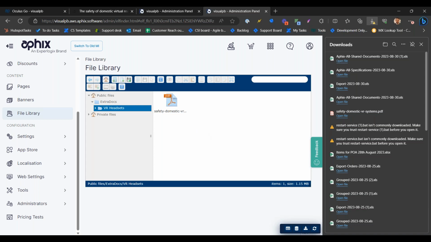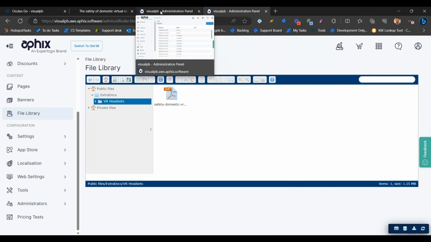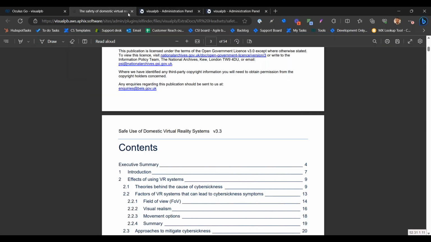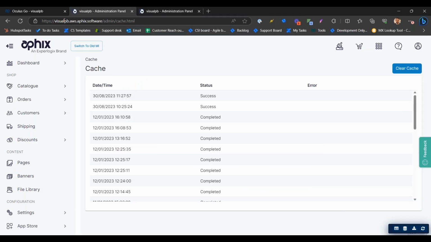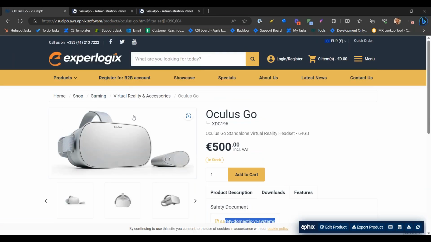Okay, next we'll be looking at specifications. So I'll show you one that we set up already, and then we'll set up one from the get-go from scratch. So I suppose if we take a look at